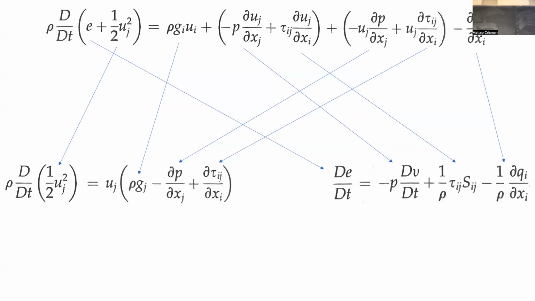That's the hint. So if I add the 1 over rho, this term over here becomes that Sij that you were talking about earlier, but now it's with the product of this other one. And what is this thing? It looks really familiar. We're going to get to that in a few seconds. Okay, so these are all of the ways that the internal energy can change, and this is all of the ways that the kinetic energy in the fluid can change. And they're different.